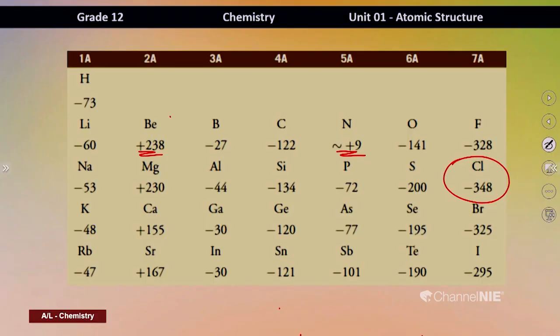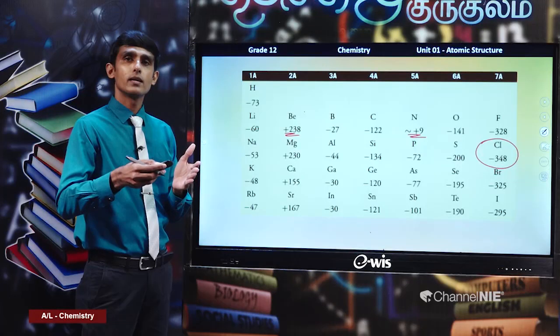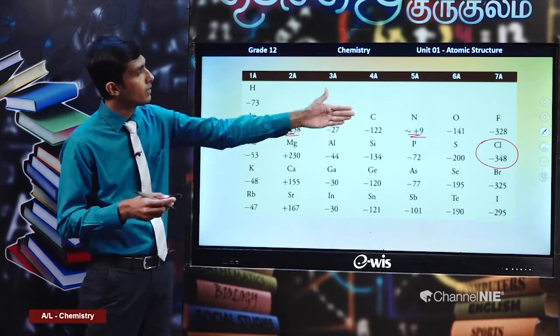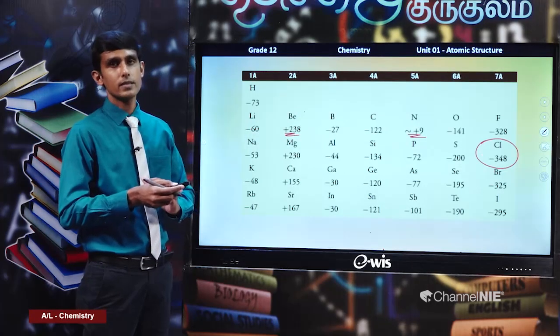Electron affinity is the negative value of the electron gain energy, or we can say electron gain energy is minus electron affinity. For example, for chlorine, electron gain energy is minus 348, or approximately one can say minus 350. Electron affinity of chlorine is plus 350, or plus 348. So, that is the idea there.